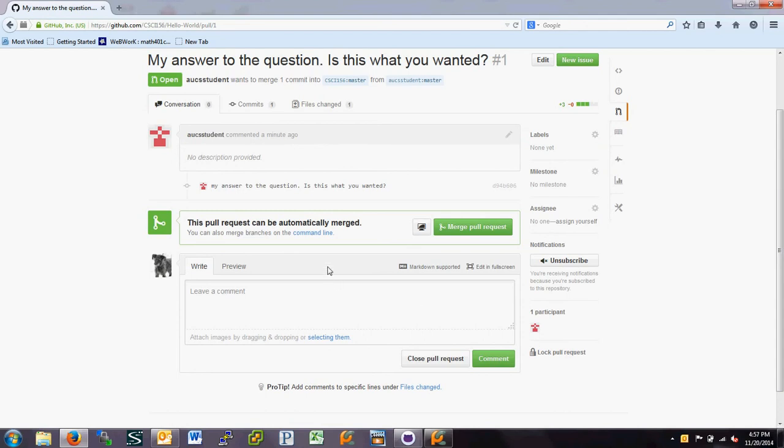and so I can take a look at this. Now I could merge the pull request. If I do that, then the stuff that you submitted is actually going to go up into the master branch on the class. So I don't want to click that button. What I do want to do is take a look at,